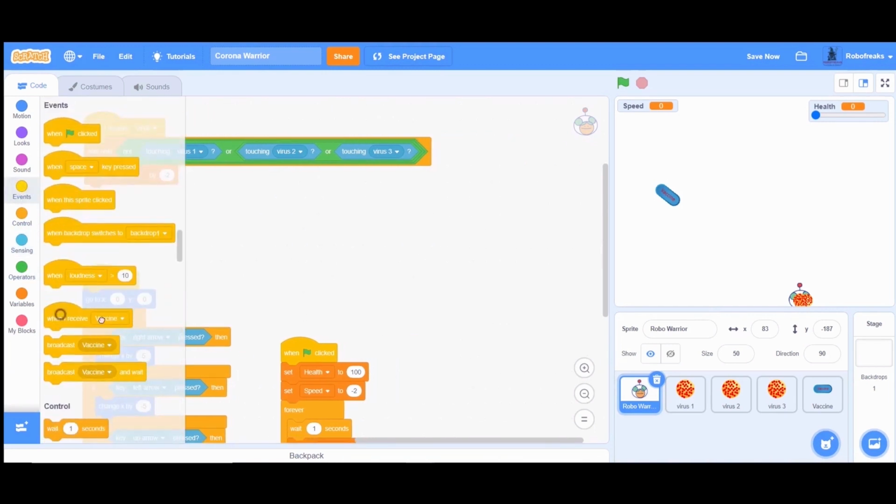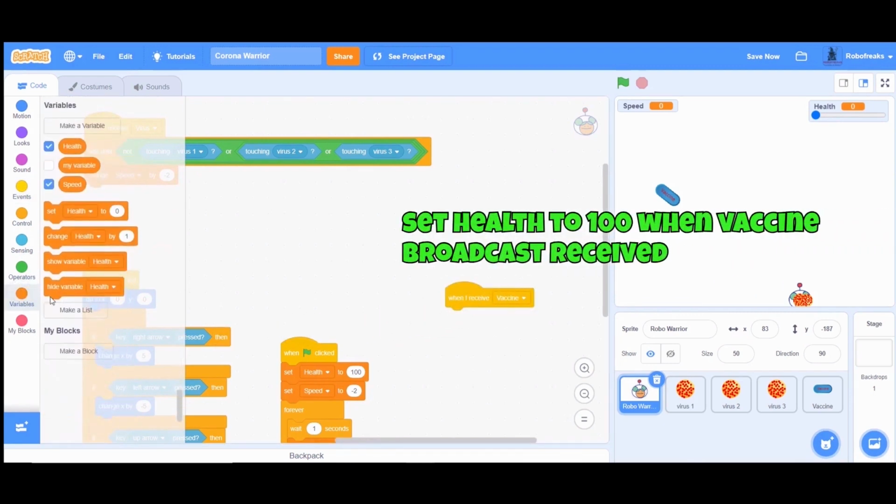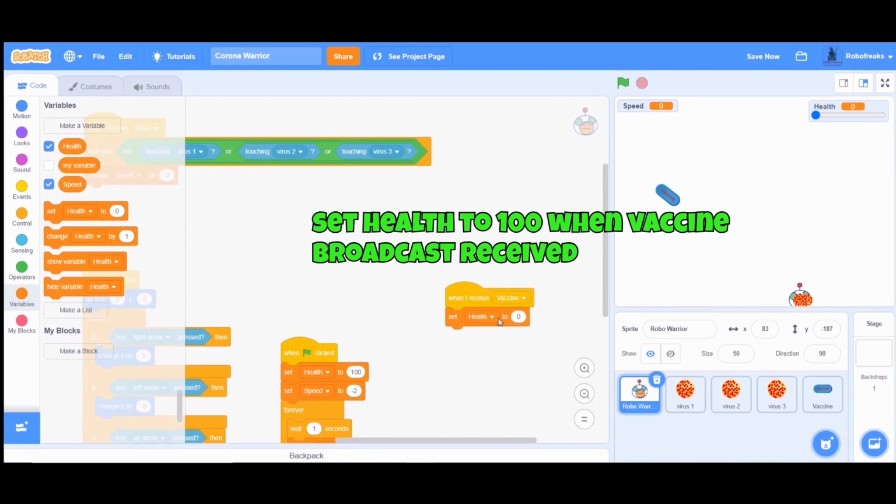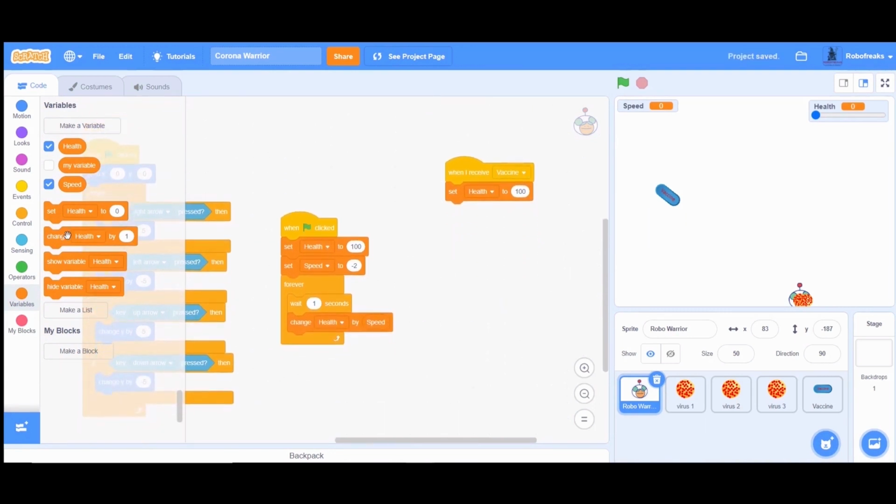Our warrior will be saved if it gets the vaccine in time. So, when we receive the vaccine broadcast, I will set the health back to 100, and also make the speed normal again.